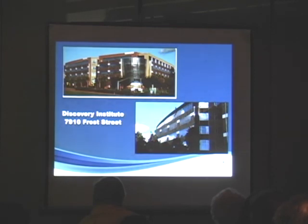The hospital has just invested in a new Discovery Institute. This is a very large building which is actually on our campus, which is specifically for both wet and dry lab research. And it's a pretty exciting time for the hospital to be entering research because of all the things that are actually